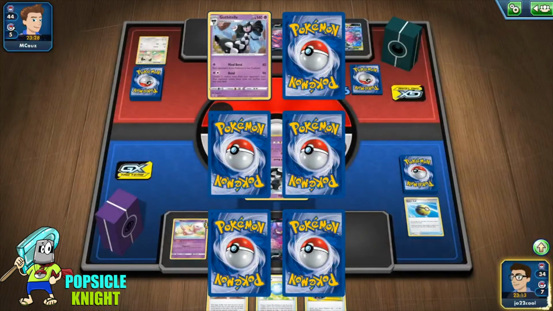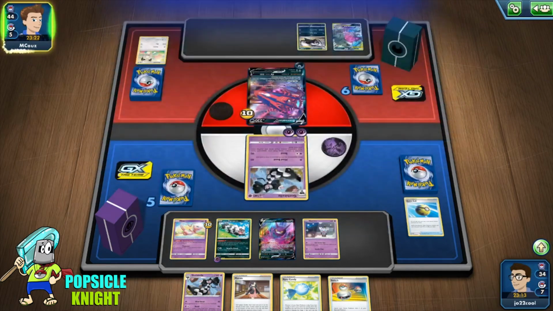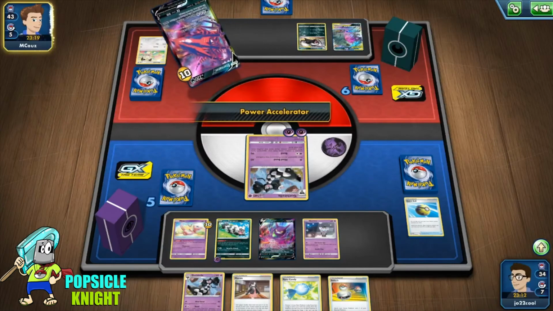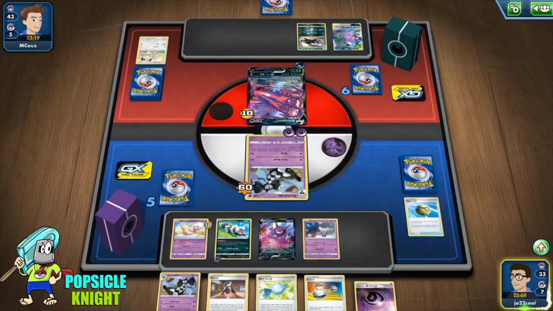They had an earring bell, so it does confuse our Gothitelle. As for the prize card, we get another Gothitelle, which is really good because we have a rare candy already that will really help us out to evolve another Gothitelle. Okay, so